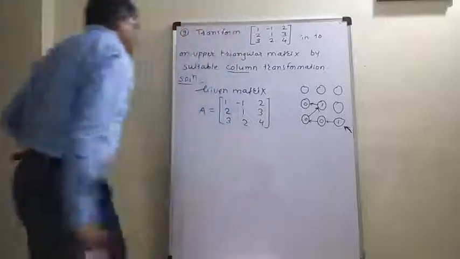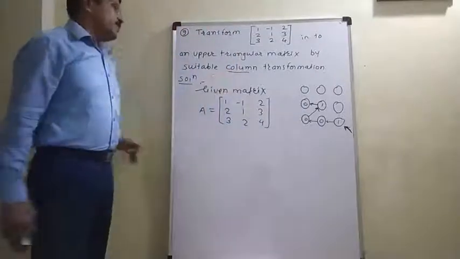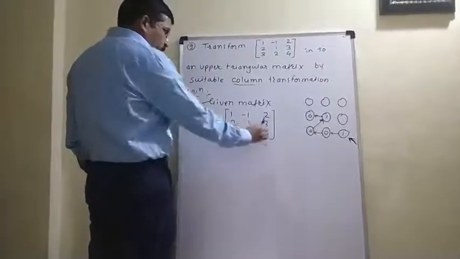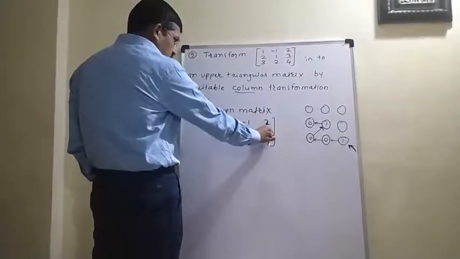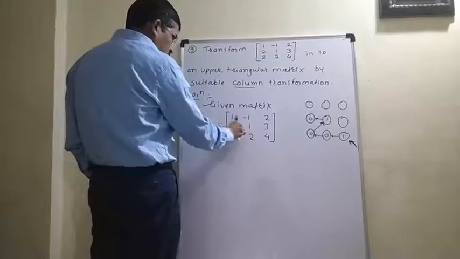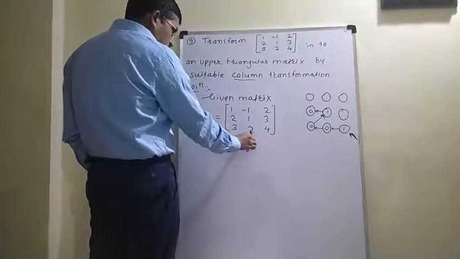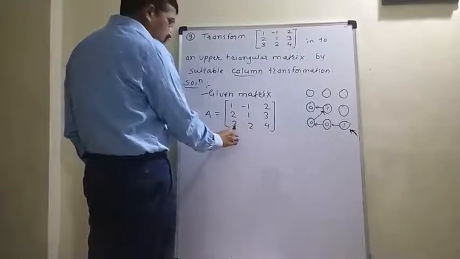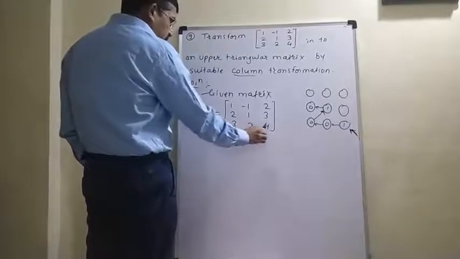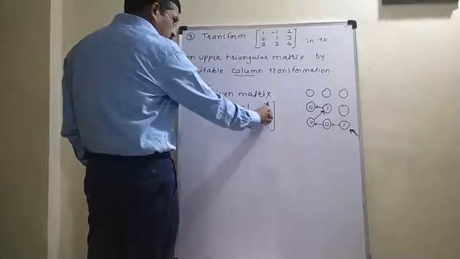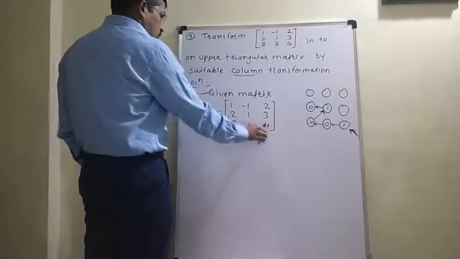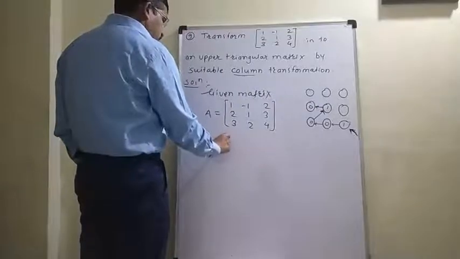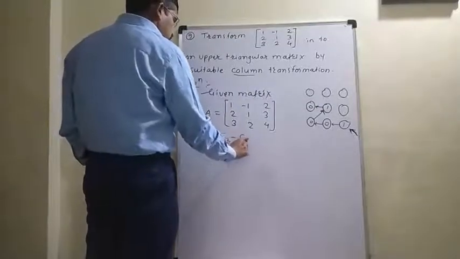Okay, let us see how to do it. I am doing the same here. I have to bring 1 in this place. For this I will observe the corresponding elements in the remaining columns. If I observe here it is 2 and it is 3, this 3 will definitely support us because the difference between them is 1. If we subtract the first column from the third column, we will get 1 here and that is required, so I am performing the operation C3 minus C1 here.